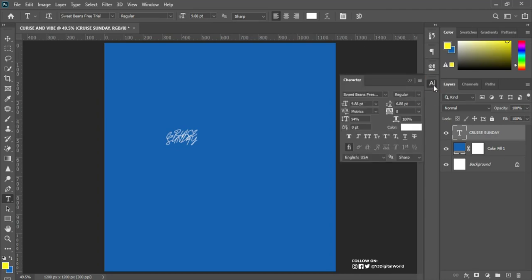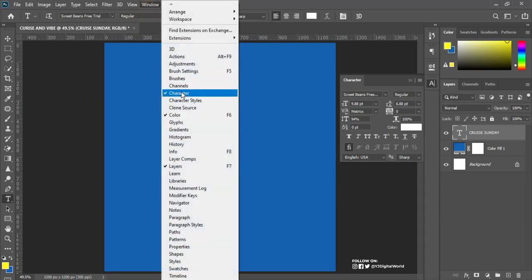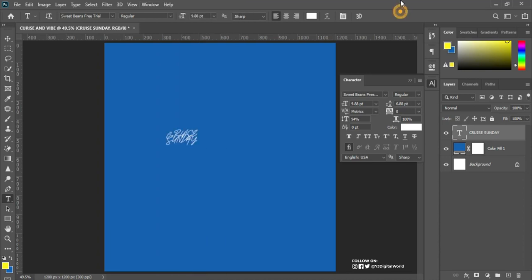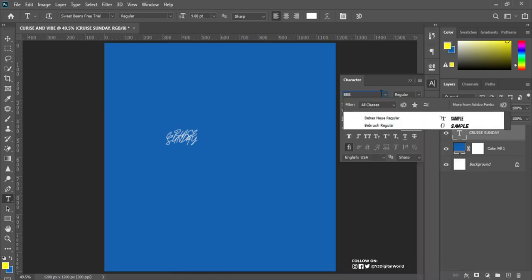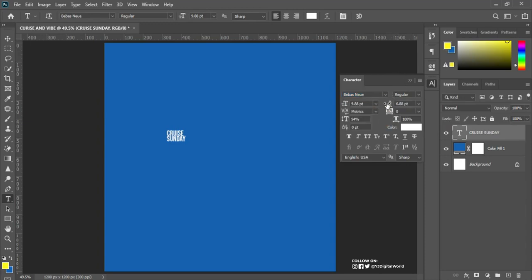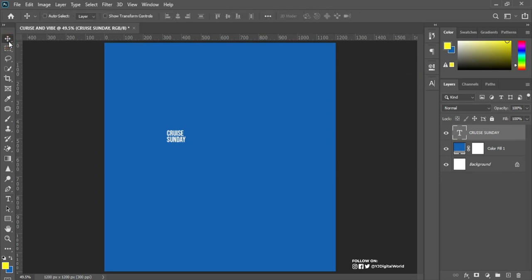I'll come over here to my character panel. In case you don't have your character panel over here, all you have to do is come to your window here and activate the character panel. If you don't have your properties panel activated, come over here and activate it. The next thing, I'll change this font to Bebas Neue Regular. After doing that, I'll increase my leading a little bit, that is the spacing between the text